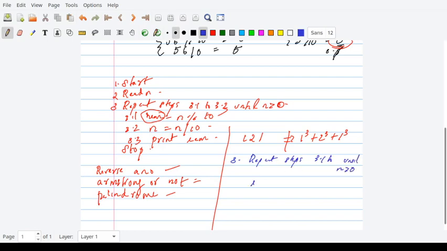Remainder is equal to n modulus 10. Then we have the extracted digits, so you can write sum is equal to sum plus remainder star remainder star remainder, and n is equal to n by 10.